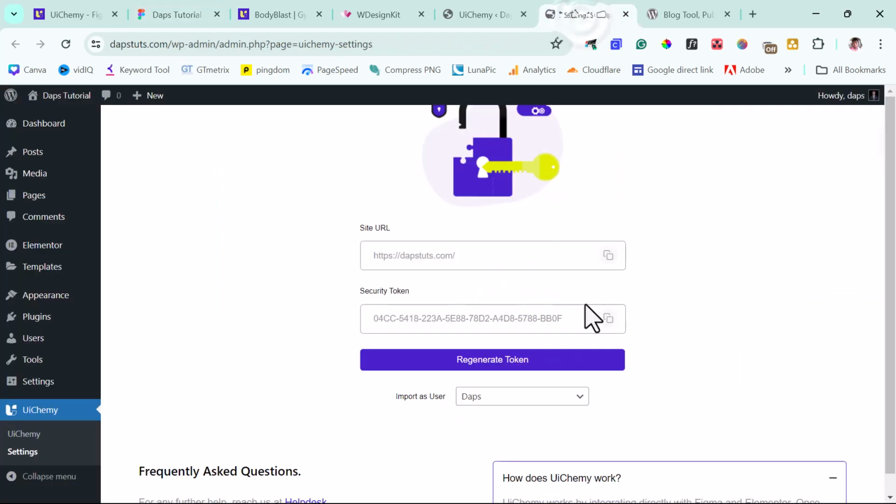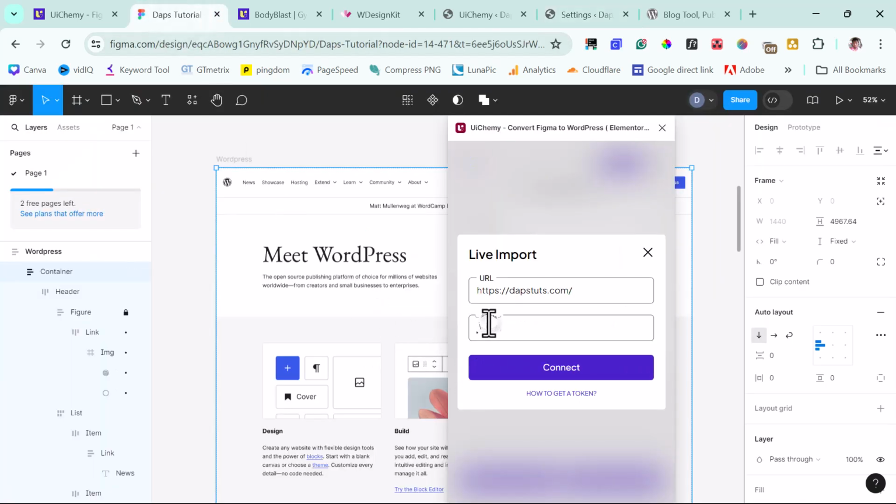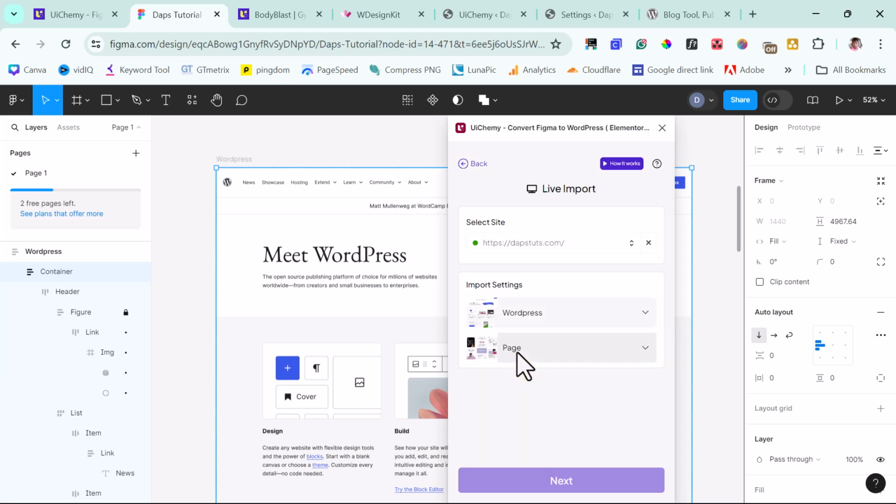Come back as well, copy this too, and then come back here, paste that here, and hit the connect button, and it's verified and connected. Super simple and easy, right? So that is done. This site has been connected, and the next thing we want to do here is to